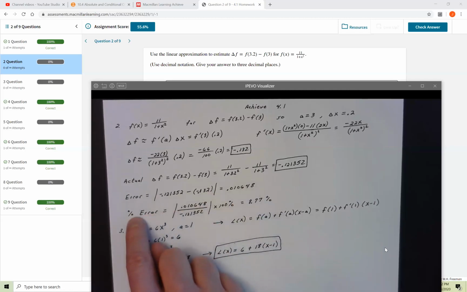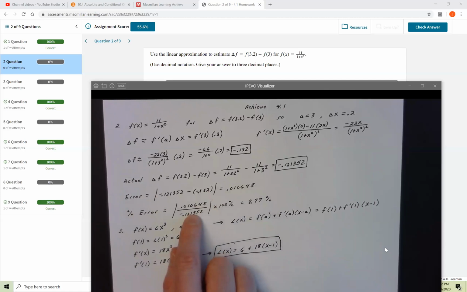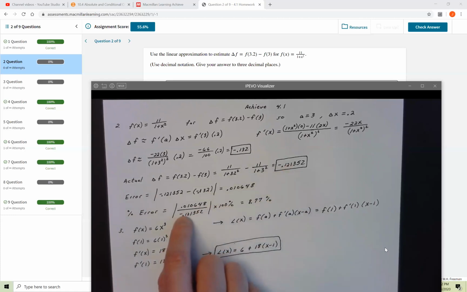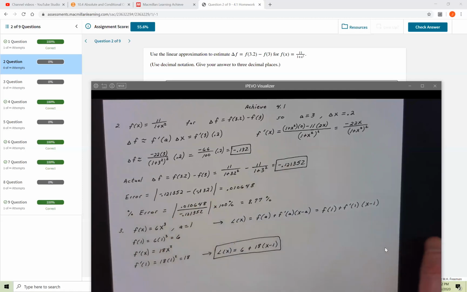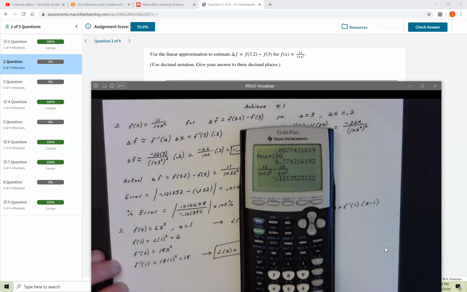Then I'll go ahead and talk about this. The percentage error is nothing more than the absolute value of that error divided by the true actual value of the change in the function, which is right here. Now notice, you would just take the error that you got. You don't divide by a negative because you know the absolute value is going to take the positive of the sign anyway. So I think what I would do here is just say 0.010648